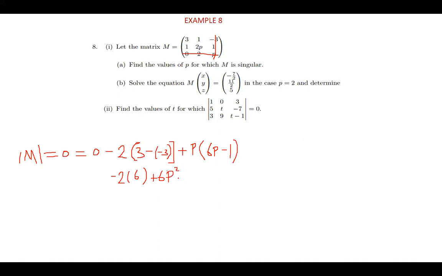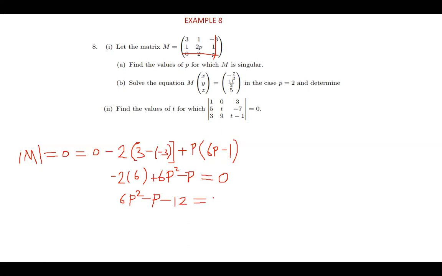Then P times negative 1 there, we'll get negative P. And then this, we're saying this is the determinant, and then since the matrix is singular, we're equating this to 0. So this negative 2 times 6, we're getting negative 12. So what I'm having is 6p squared, then minus p minus 12,